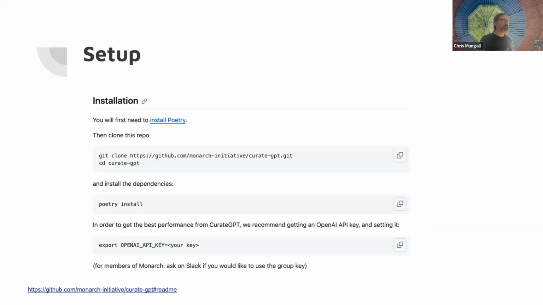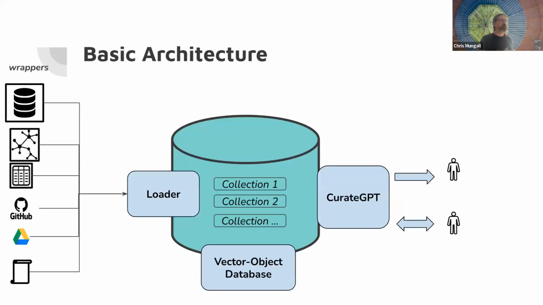So the first thing you do is install Poetry, just following the instructions on the Poetry site, clone the repo, and do a Poetry install. Then as a next step, you need to get your OpenAI key and set it in your environment. Once you've done that, then you're basically ready to go. The first thing you're going to want to do in your local instance is load some stuff into it. You start with an empty database,